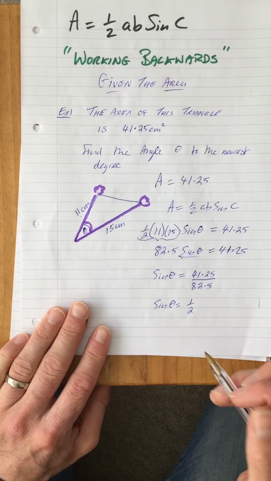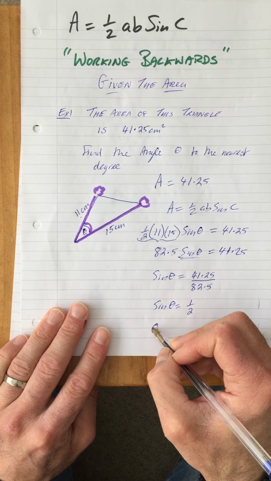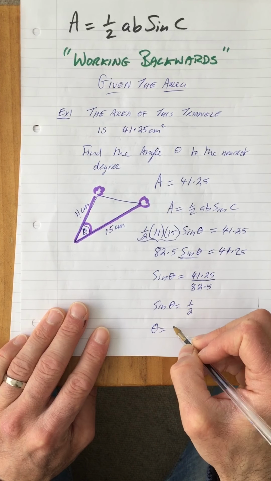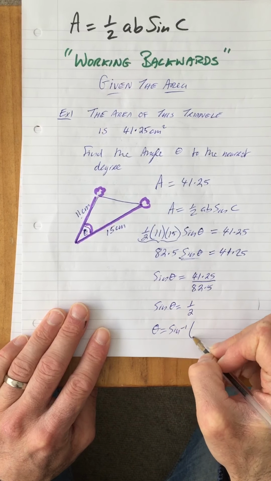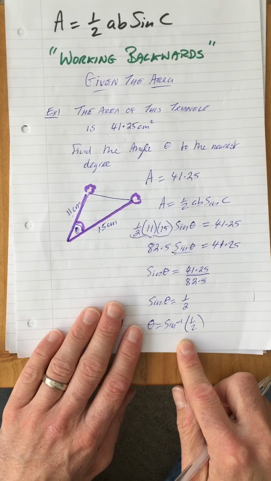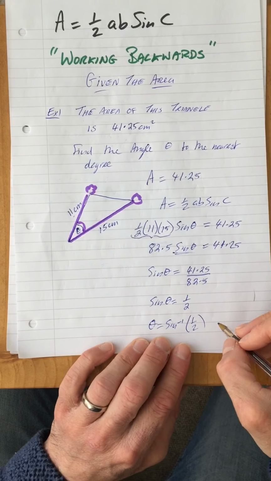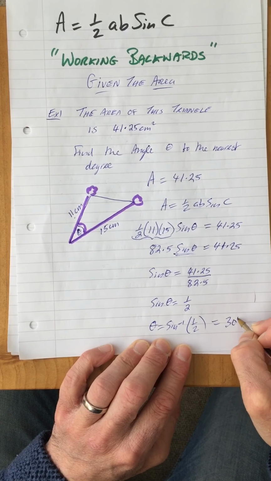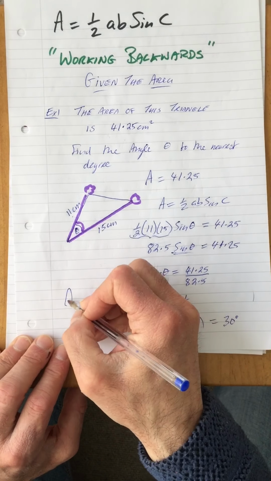Now the very last step is we want to find out theta. So to get rid of a sine theta, we use sine inverse, and it's sine inverse a half. And all I have to do is type this into my calculator, sine inverse a half, and when you do that in the calculator you get 30 degrees exactly. So the answer is, for this particular